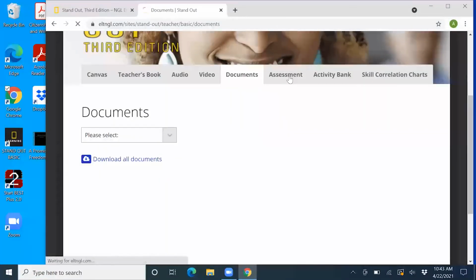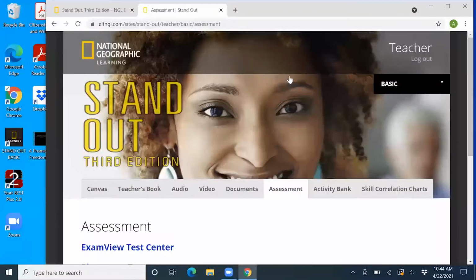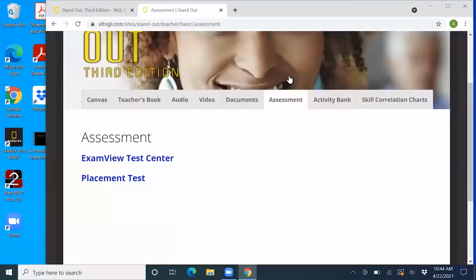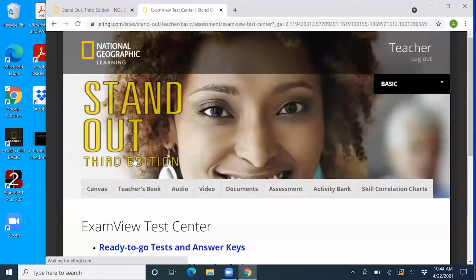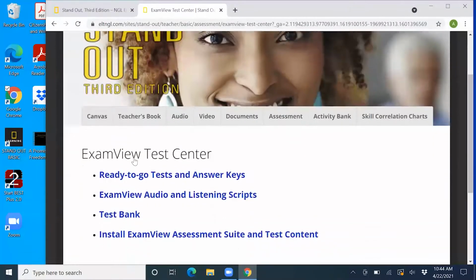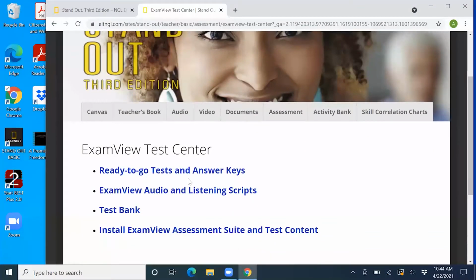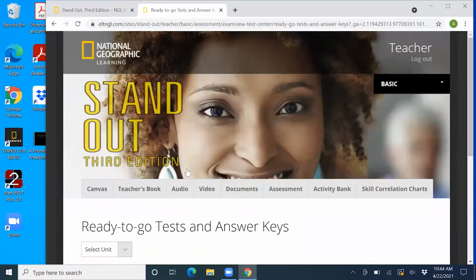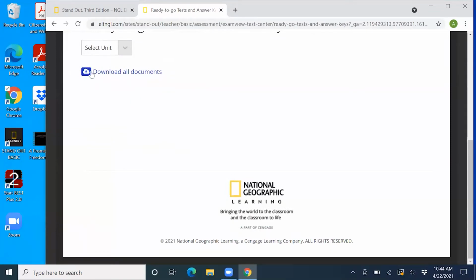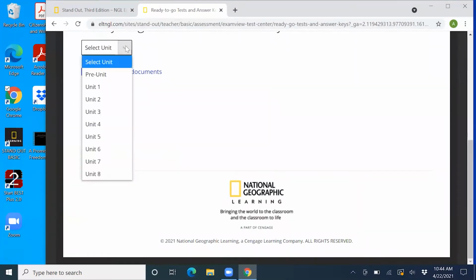From documents, let me switch to assessments. You are not required to give your student an assessment, but if you would like to give her one after you complete a unit, just to make sure that she can meet all the goals in the unit, you can click on here, and it's really pretty easy. The ready to go test, you just tell it what unit you're in, and it will open it up for you. So in this case, I'm in unit 2,